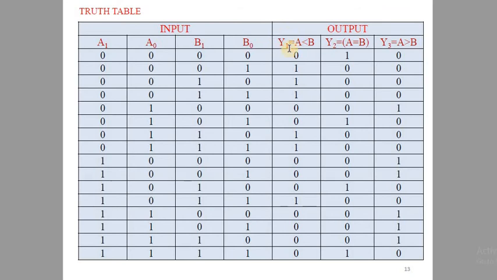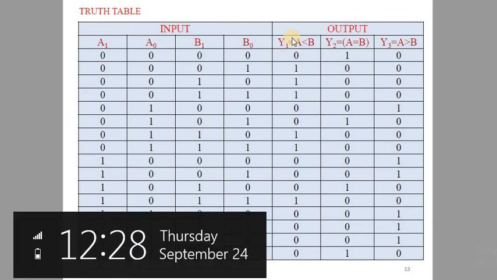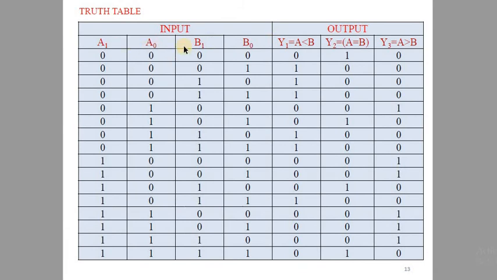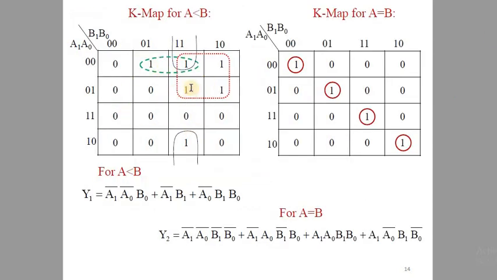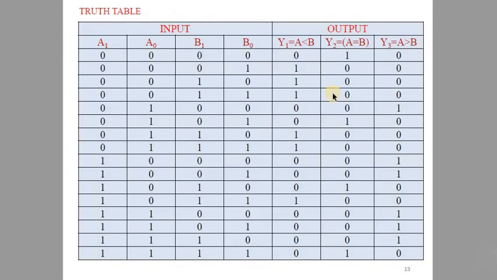K-map for Y1 means how many variable K-map? Here there are 4 inputs, therefore we consider a 4-variable K-map. In the next step, this is the K-map for Y1. Whatever is given in the problem for Y1, whatever has a 1 in the truth table, we put into the K-map.